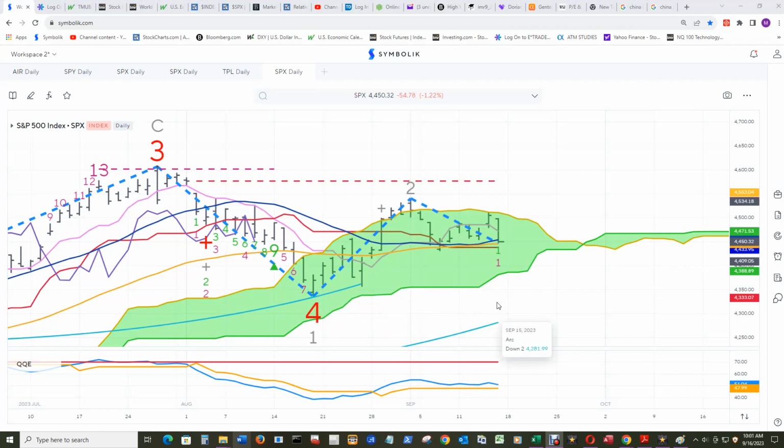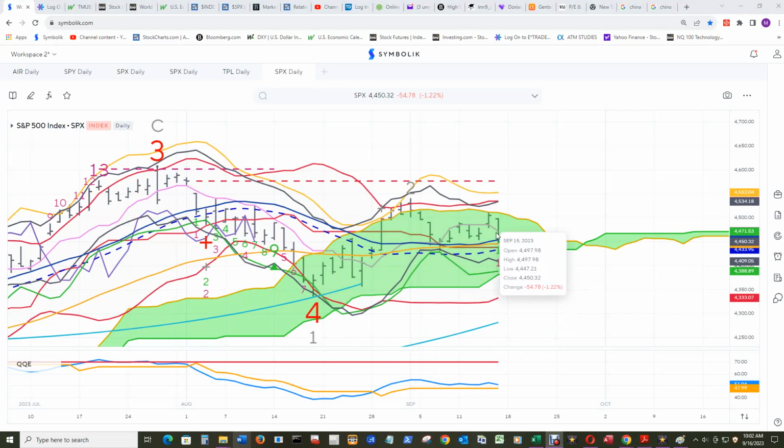4300 target. We're a tick under 4300 into the 4200 zone, and I would consider the 61.8 Fibonacci retracement level for this D wave up wave 4 projection, which is at 4327.98. I would consider that satisfied anywhere in the 4200 zone, as it might not get past this arc down at 0.50. You can see what happened to the 0.38 here. It nailed it here for price and then shot up, and price made it back in between that zone of the conversion line for current price and the baseline current price, and it closed at 4450.32,